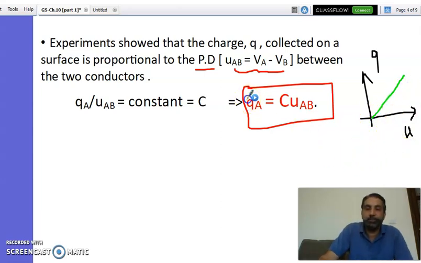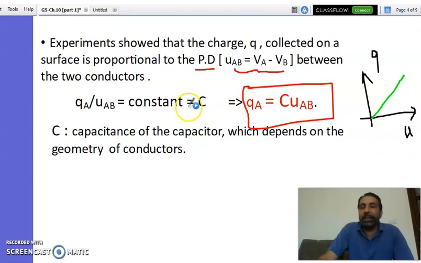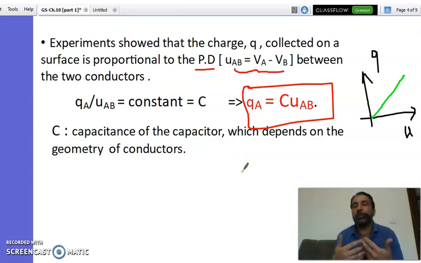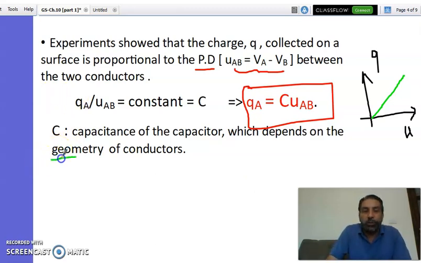Okay? Now what is C, which is constant? C is called the capacitance of the capacitor. It means how much amount of charge can the capacitor, for example, store or withstand, which depends on what? Geometry of conductors. What does this mean, geometry of conductor? Means